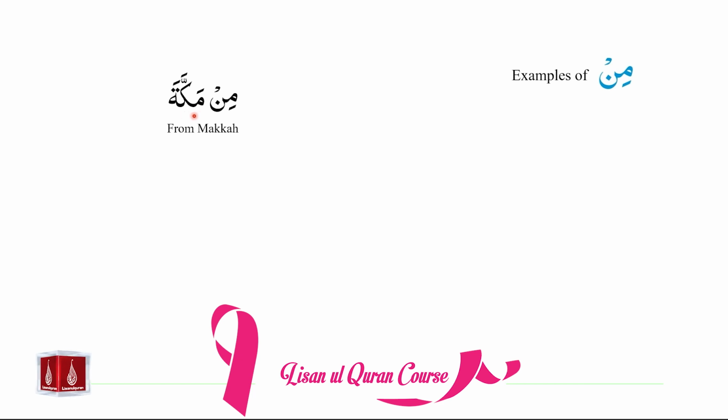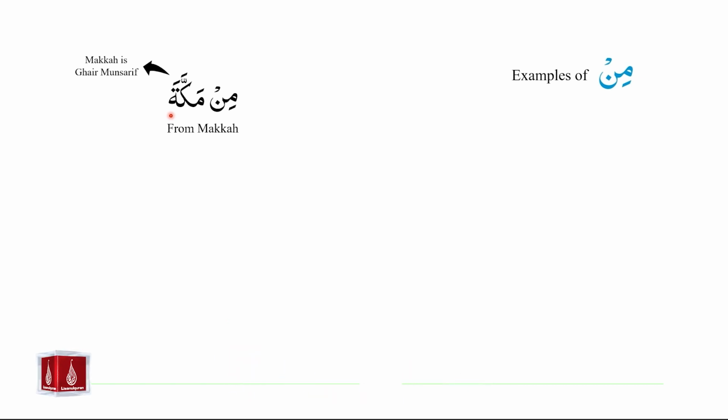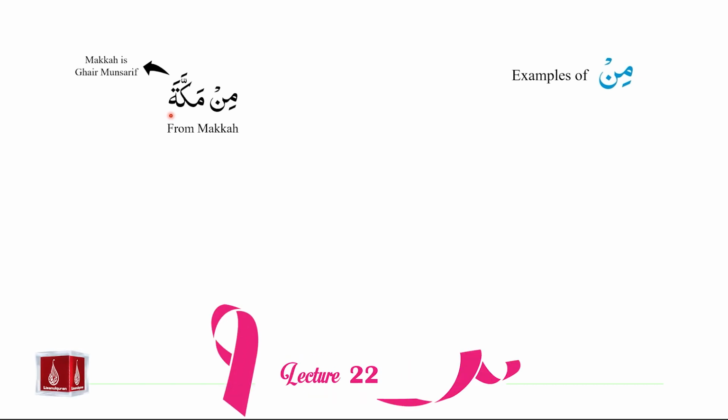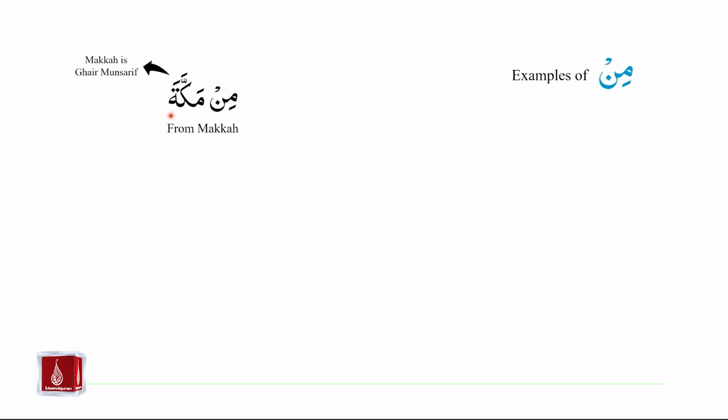We are not saying Makkati because we studied that Makkah is a ghair munsarif ism. The names of cities and countries are ghair munsarif, and a ghair munsarif ism will not accept zair in the jar status. Now, if we want to say min plus al-madinati,